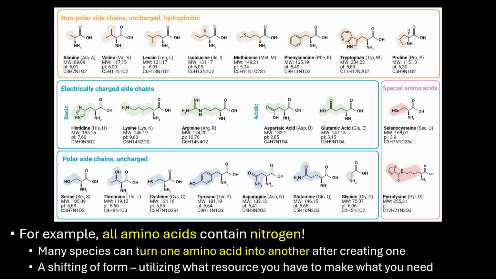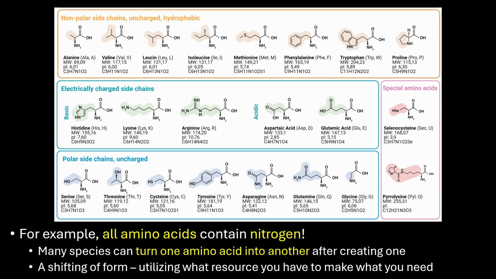We need this in order to build all of our amino acids that our proteins are based off of. Just like we need it to build all of our nucleotides that our DNA and RNA are based off of. And we can actually turn some of these amino acids into other amino acids as we need. So we can actually recycle some of these things. If we have them in one form and we don't need them as much in that one form, we can